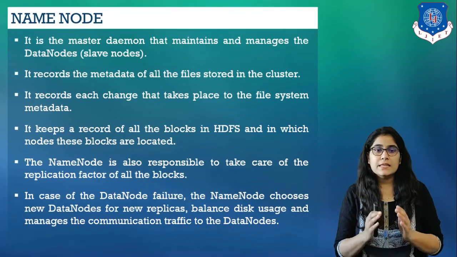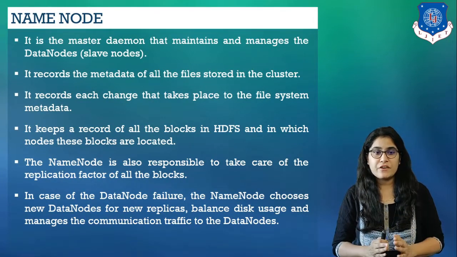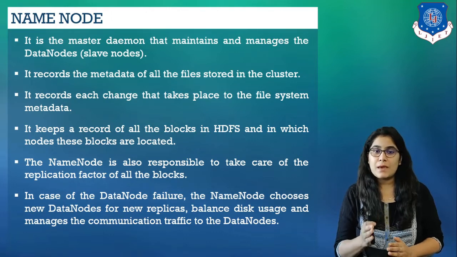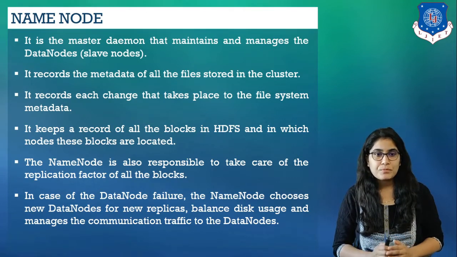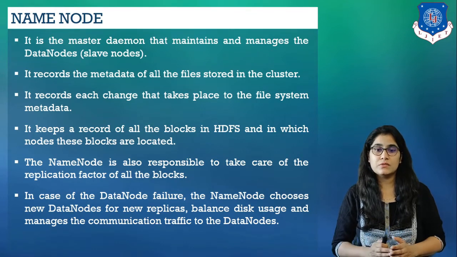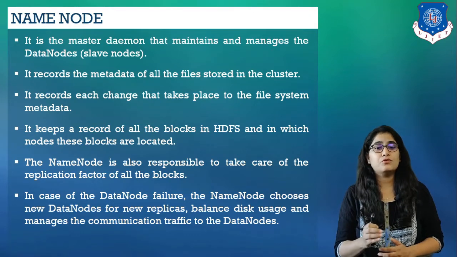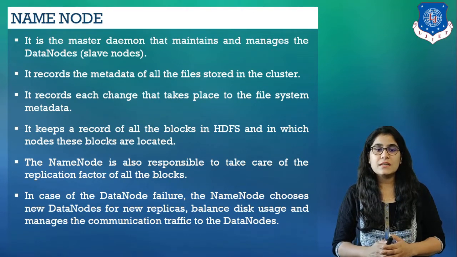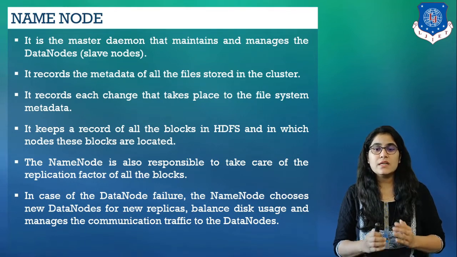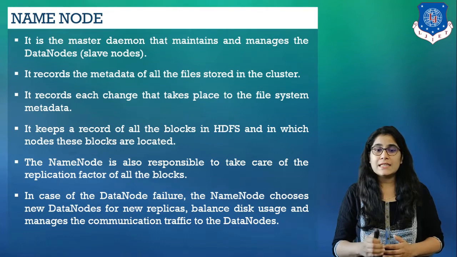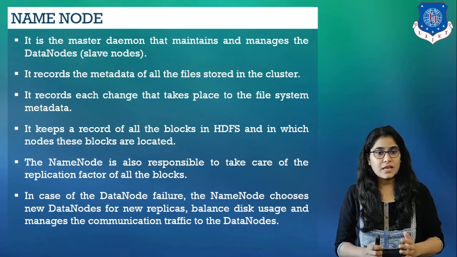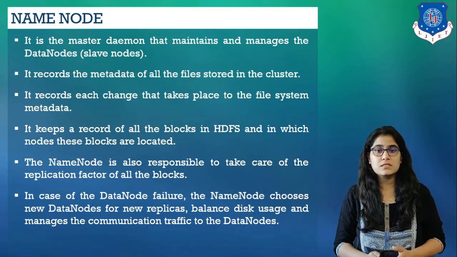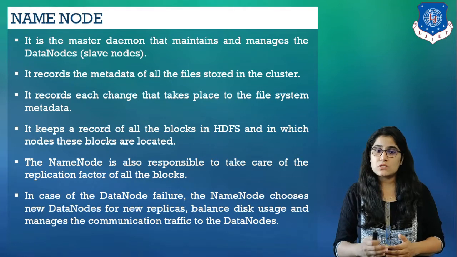So as we discussed, name node is the master node in the Hadoop HDFS architecture that maintains and manages the blocks present on the data nodes. Name node is a very highly available server that manages the file system namespace and controls access to files by clients. The HDFS architecture is built in such a way that the user data never resides on the name node. The data resides on data nodes only. Name node records the metadata of all the files stored in the cluster, for example, the location of blocks stored, the size of the files, permissions, hierarchy, etc.